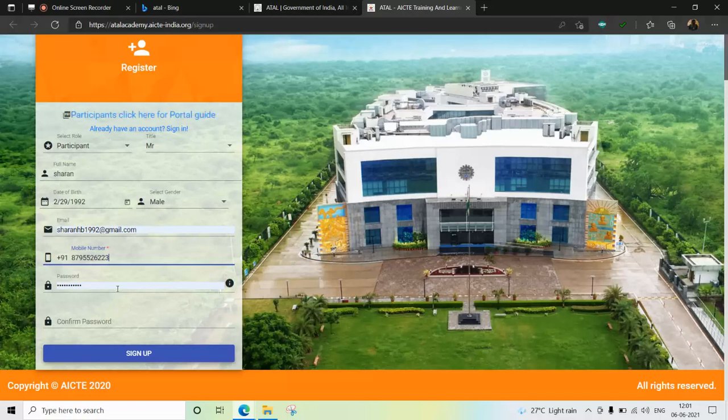It should contain one capital letter, a small letter, and one special character. So if my name is Varun, then I will be keeping my password as capital VARUN at 1992. After keeping your password, give the confirm password and then click on sign up.